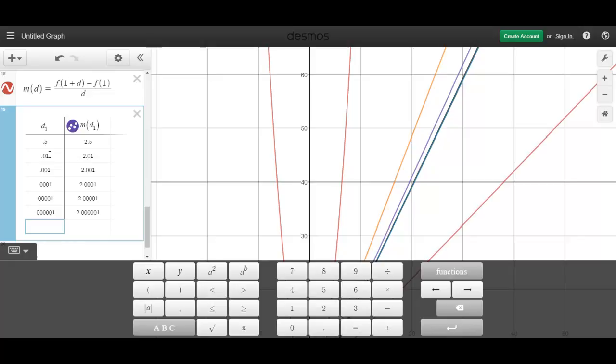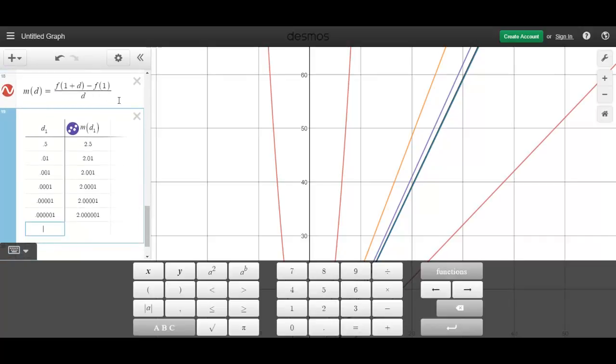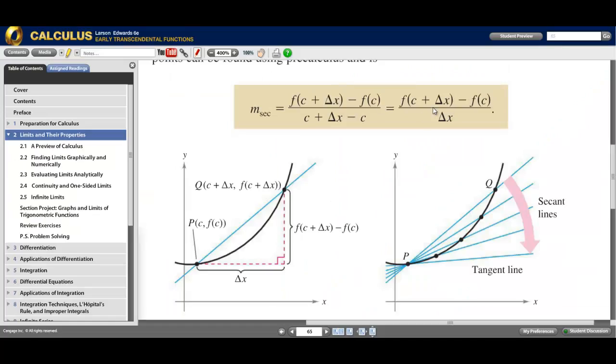And then right here, the situation on the second row is the two x values would be 1 and 1.01. So the distance between your x values is 0.01. Okay. Again, this column here is the distances between the x values, and this column right here, I just have to calculate the slope of those secant lines,